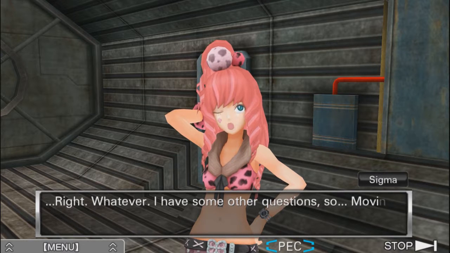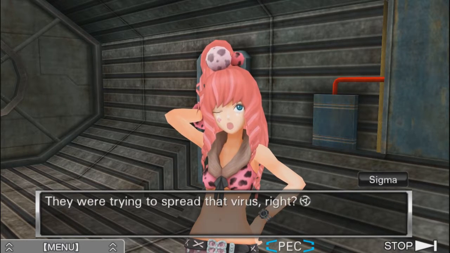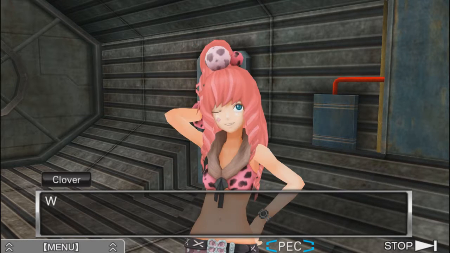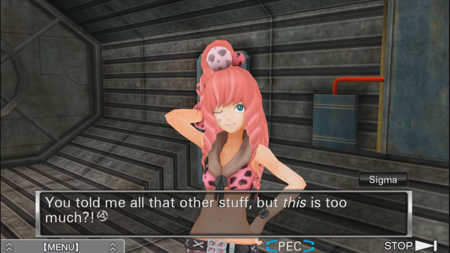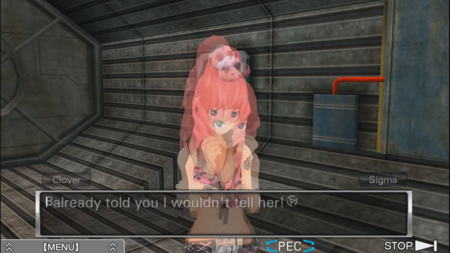I have some other questions. Moving on. I think I understand what Alice was talking about now. They were trying to spread that virus. Yeah. Okay, so who are they? Well, I can't tell you that. What? Why not? You told me all that other stuff, but this is too much. Well, Alice would be mad at me. I already told you I wouldn't tell her. But...